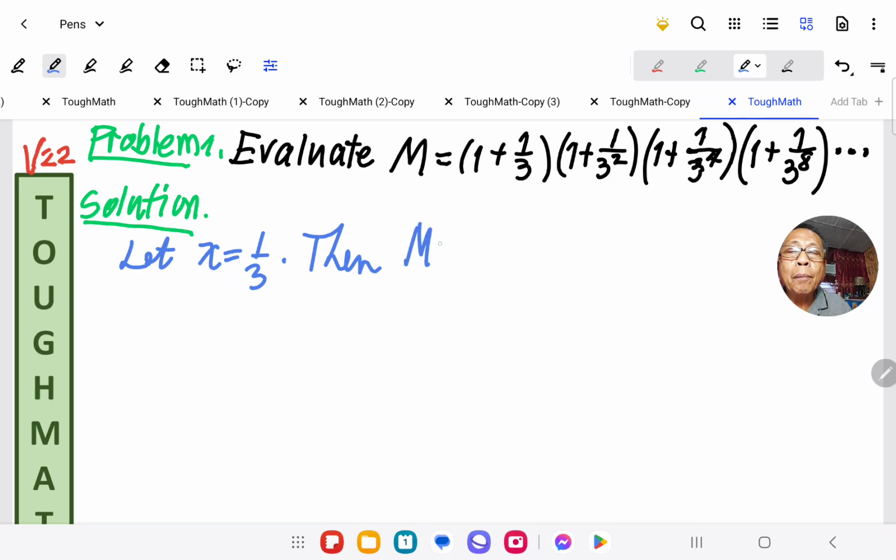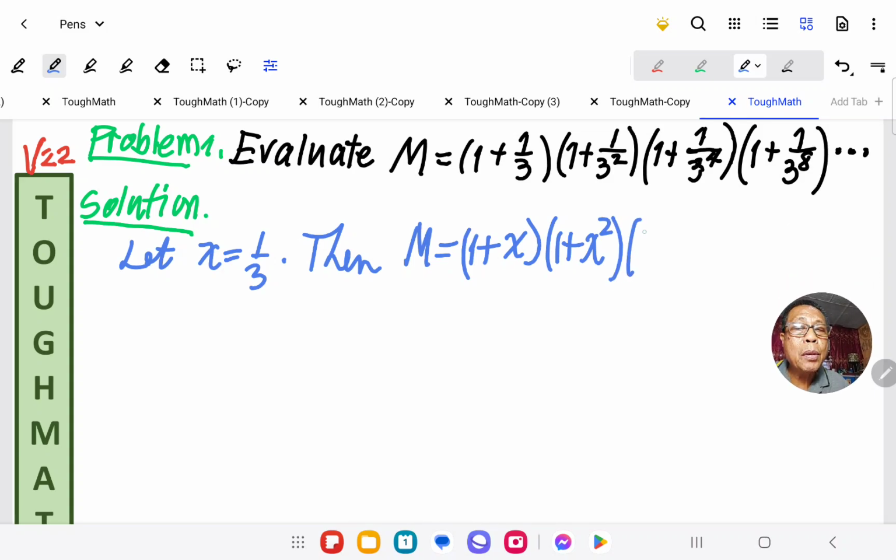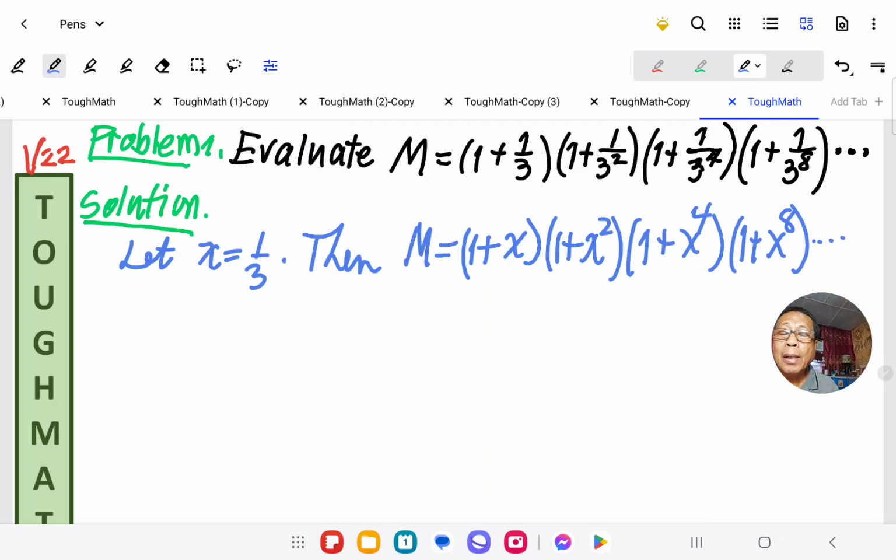Then m can be written more conveniently as (1 + x)(1 + x squared)(1 + x to the 4th)(1 + x to the 8th), and so on. Okay, so there's no end. Now, multiplying the first two factors,